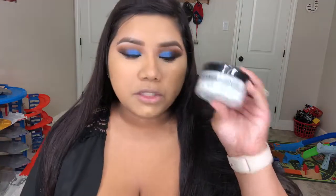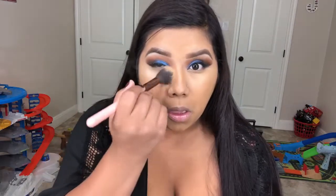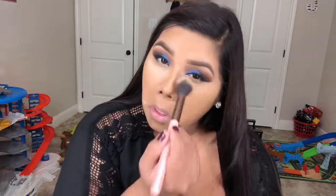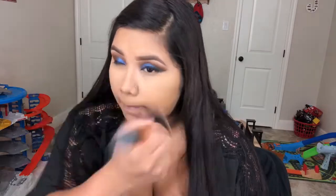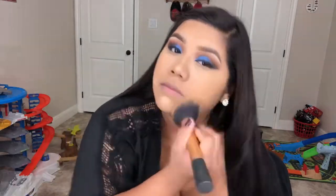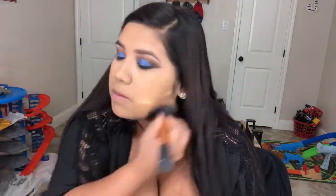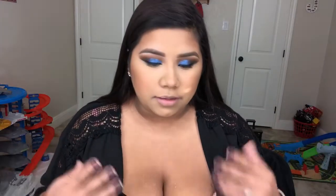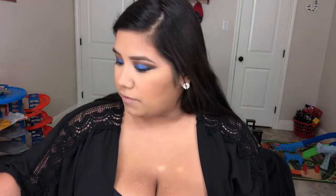To set that, I'm taking the Dermablend loose setting powder. For the rest of my face, I take my Maybelline Fit Me. Okay, so I think my camera shut off when I was contouring and blushing and stuff, but I guess it's fine because for highlight,